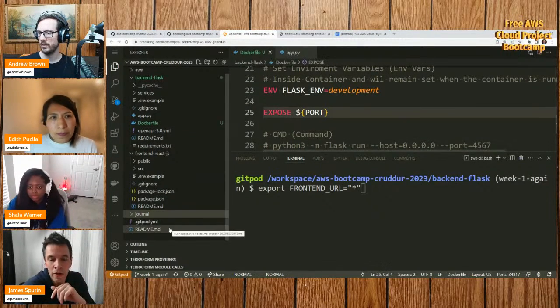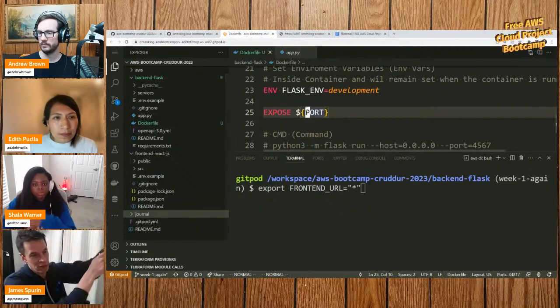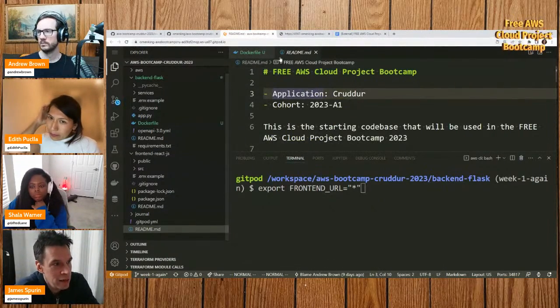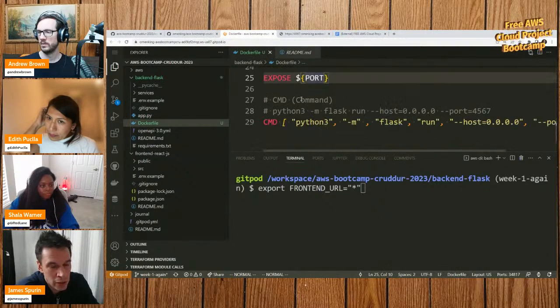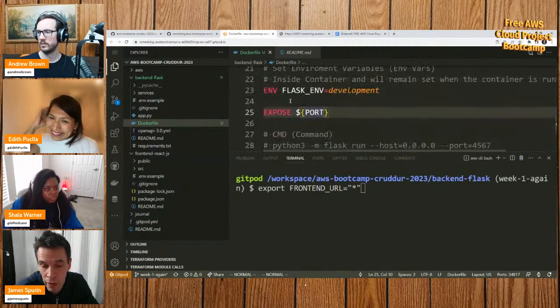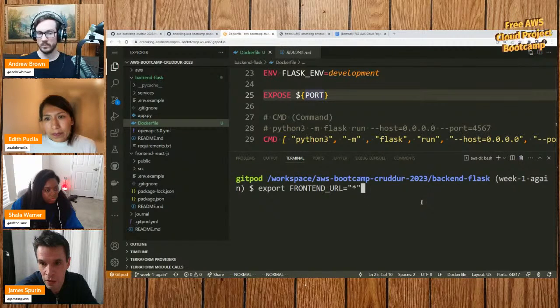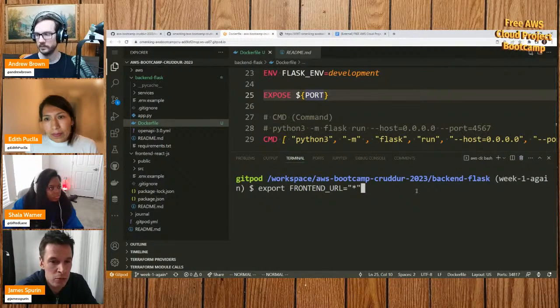Hey, just a quick one, Andrew, because I've seen this question come up. There's a few people who are asking the same question, and it's the difference between command and run. So they've seen run further up. So just to explain,